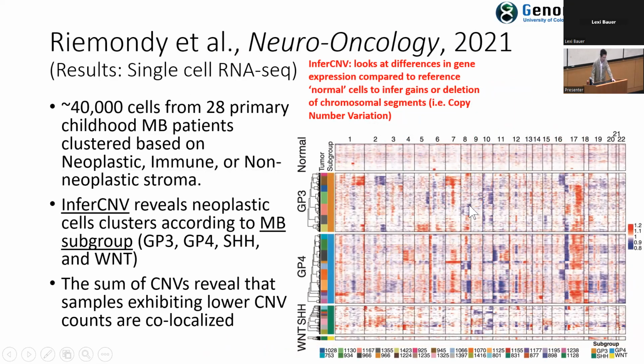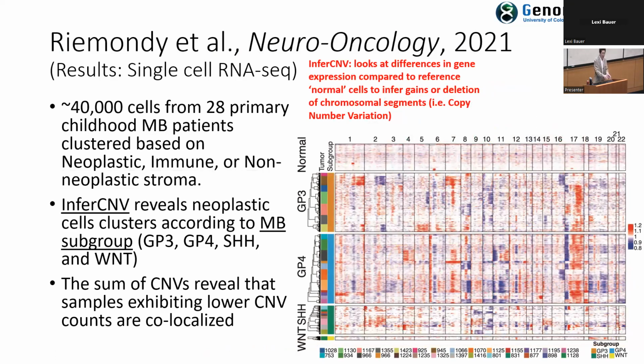They actually use an algorithm or a program, I don't know, but anyway, it's called InferCNV. And what InferCNV does is it looks at differences in gene expression compared to reference normal cells to infer gain or deletion of chromosomal segments, i.e. copy number variation. And if you think about it, it's actually quite simple but brilliant, because you can imagine